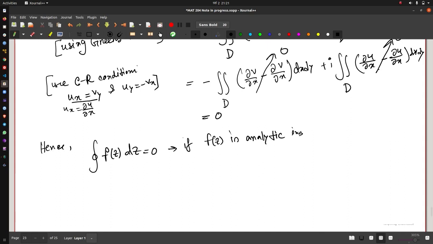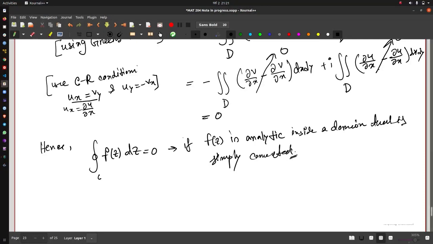inside a domain that is simply connected, and inside the domain we have a simply closed contour on which we are evaluating this integral. Okay, now